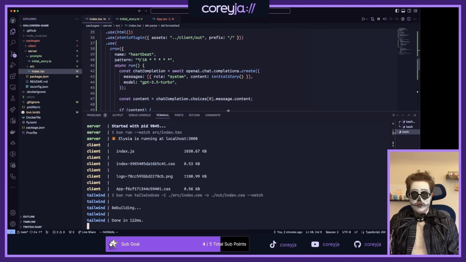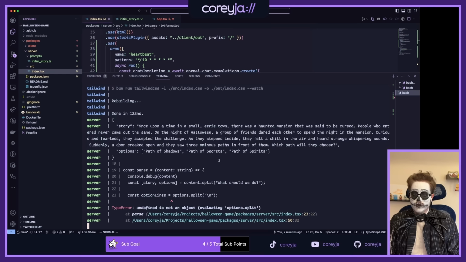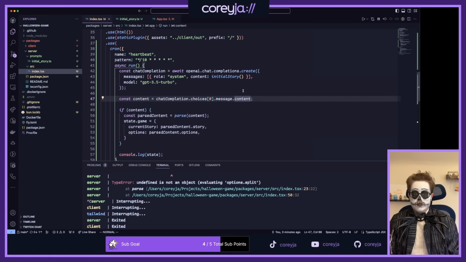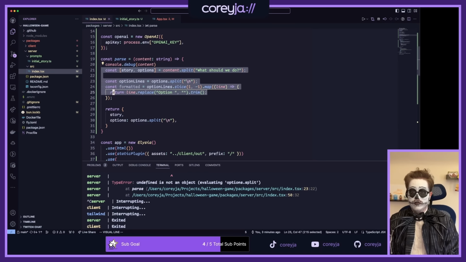And right now I just tried giving it a JSON schema to use instead of trying to do some string parsing. Except of course, then I actually tried to string parse it and it definitely didn't work. Oh yeah, that's perfect. That's the exact thing we needed though. Okay, awesome. So content is this, parse content, awesome. Parse is going to be,